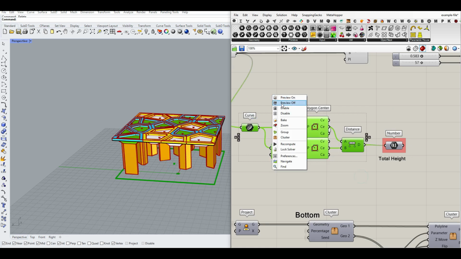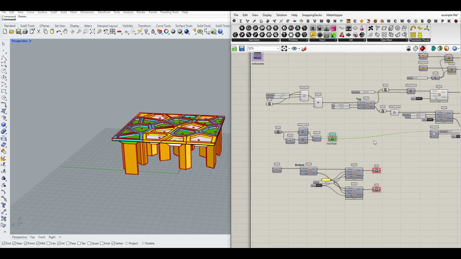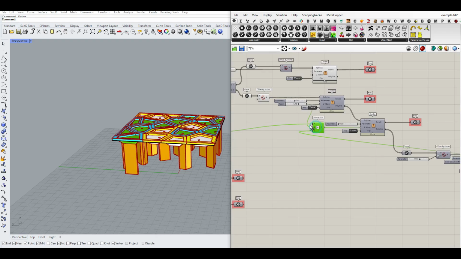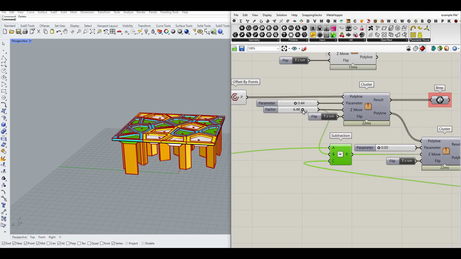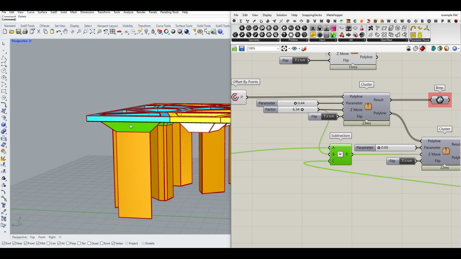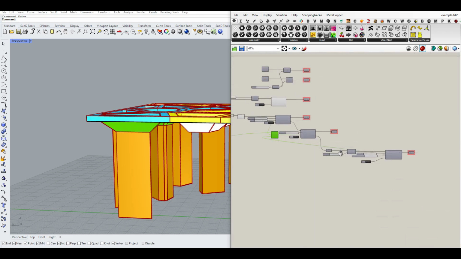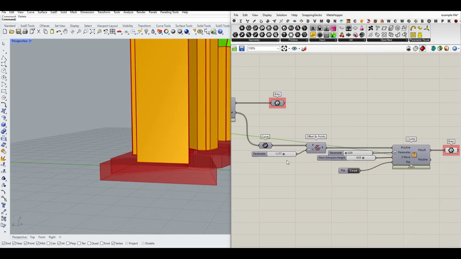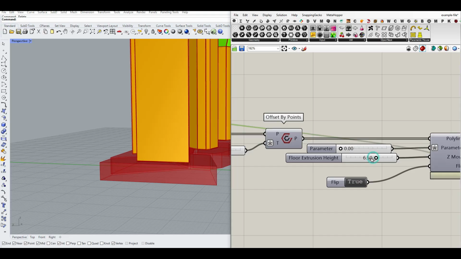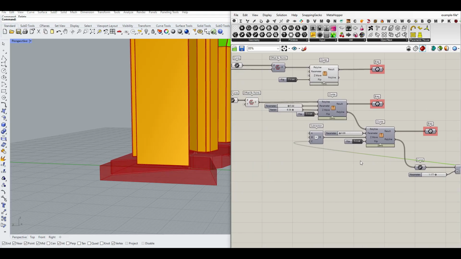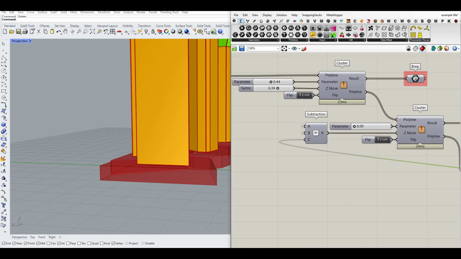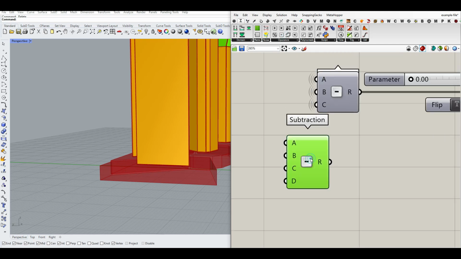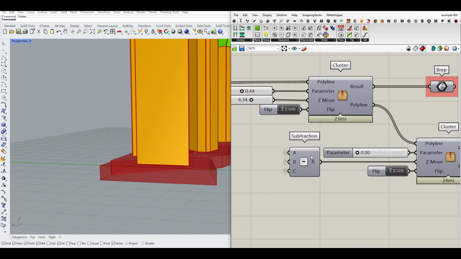So after creating the height, what we want to do is to simply minus that by 2 inputs. One is the height of these parts, and another one is the height of the columns that are sitting on. So this is the height of the column sitting. So we've brought that to the minus. You can simply use minus here and add any number you want to the minus subtraction component and give that